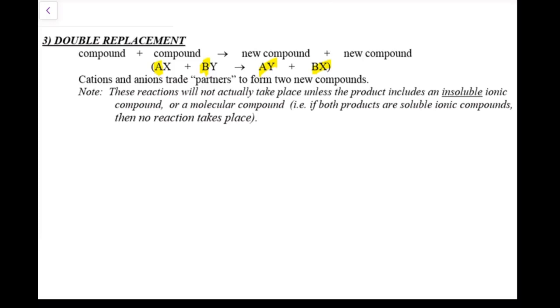And then under note it says these reactions will not actually take place unless the product includes an insoluble ionic compound or a molecular compound. So let's take a look at predicting one of these, and we'll see what that means. So first of all, your reactants are always going to be aqueous here. So let's say we take some